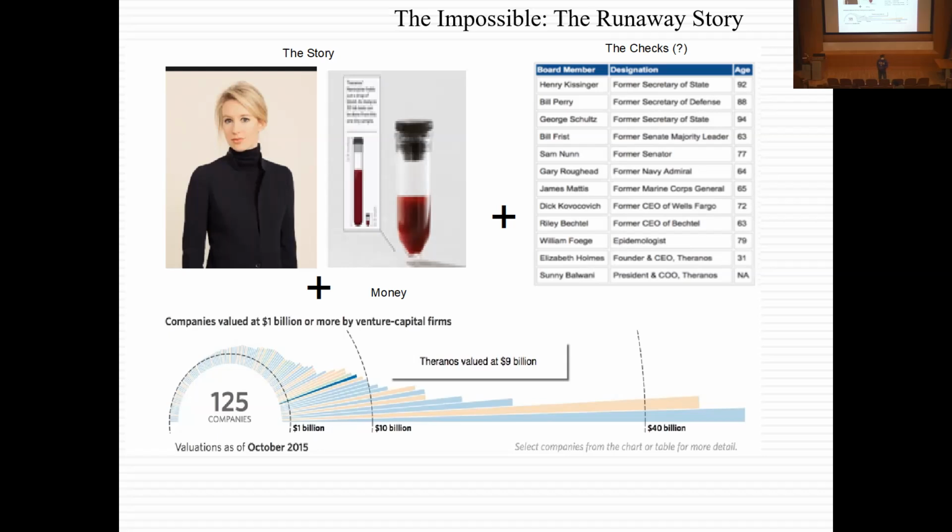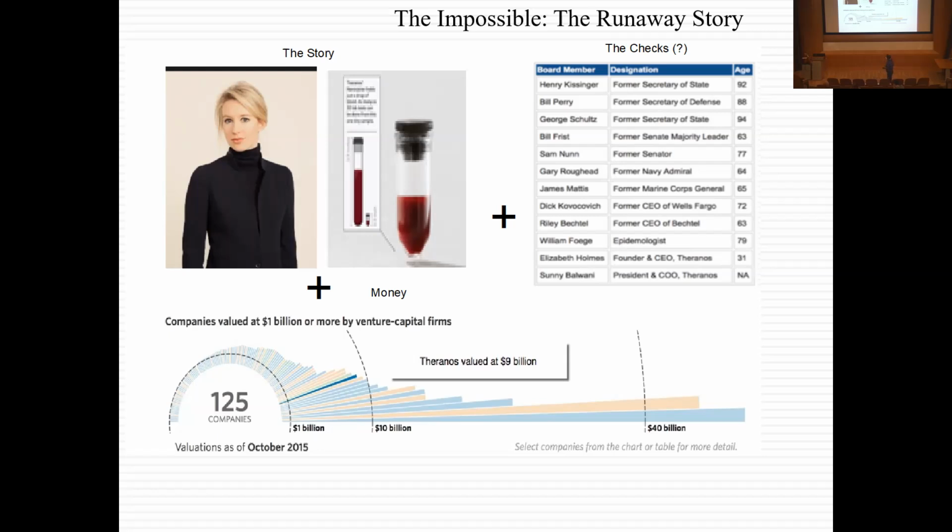Of course, this is now a movie. It's great for movie makers, right? But this is a runaway story. I can see why people didn't ask questions, because it felt like a cat asking questions about making money when she's talking about changing the world.